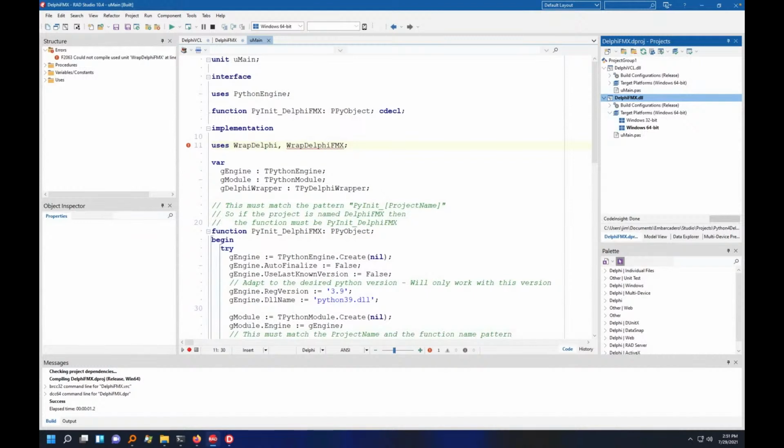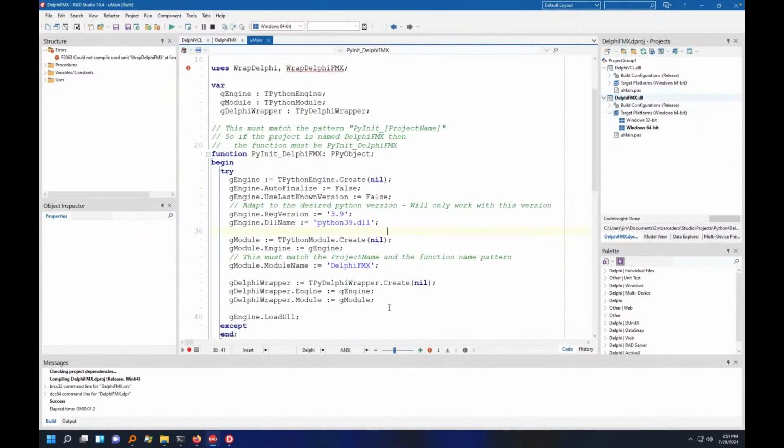Now, if you want to have your Delphi application kick out a text file and then tell the Python script to process that file, for example, and then look at the results of that, you could do that and you don't need Python4Delphi. But this gives you the ability to do